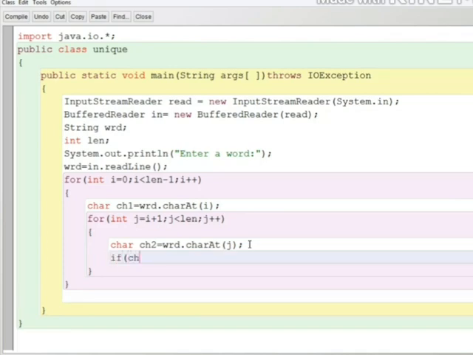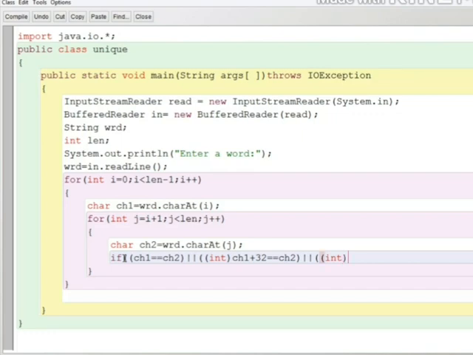And now what I'm going to do, I'm picking one by one character and placing it in CH1, and then I'm going to compare it with CH2. And here I'm writing one condition where I'm checking whether CH1 and CH2 are both equal or not. If they are equal, then there is no use to move further with the program because they are not unique words. But now, if some toggle case appears, then what?